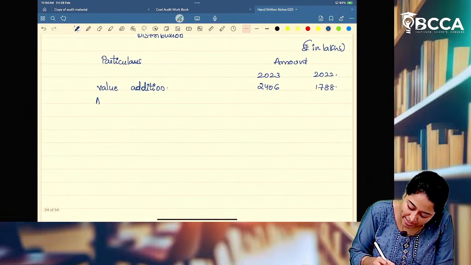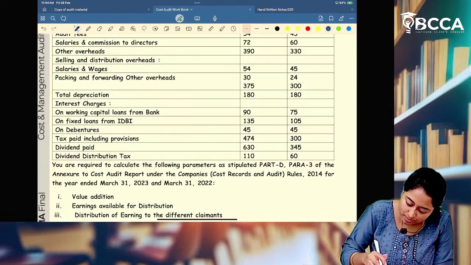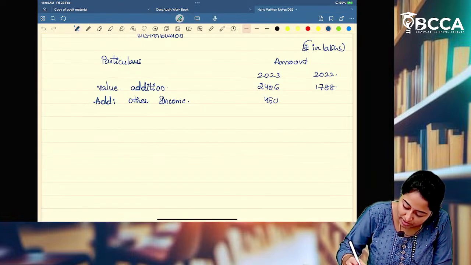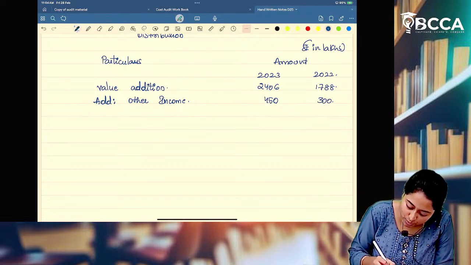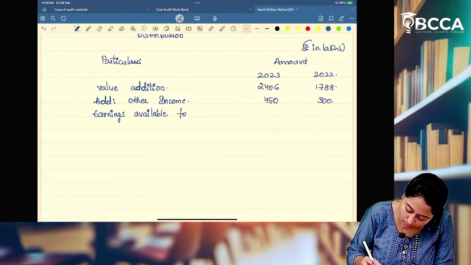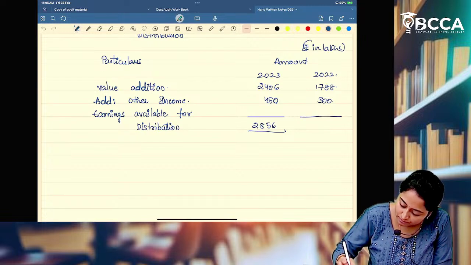Then you will write add other income or income from other sources. Now what is the other income given in the question? It's 450 and 300. And this will be your earnings available for distribution. What is earnings available for distribution? 2,856, and here